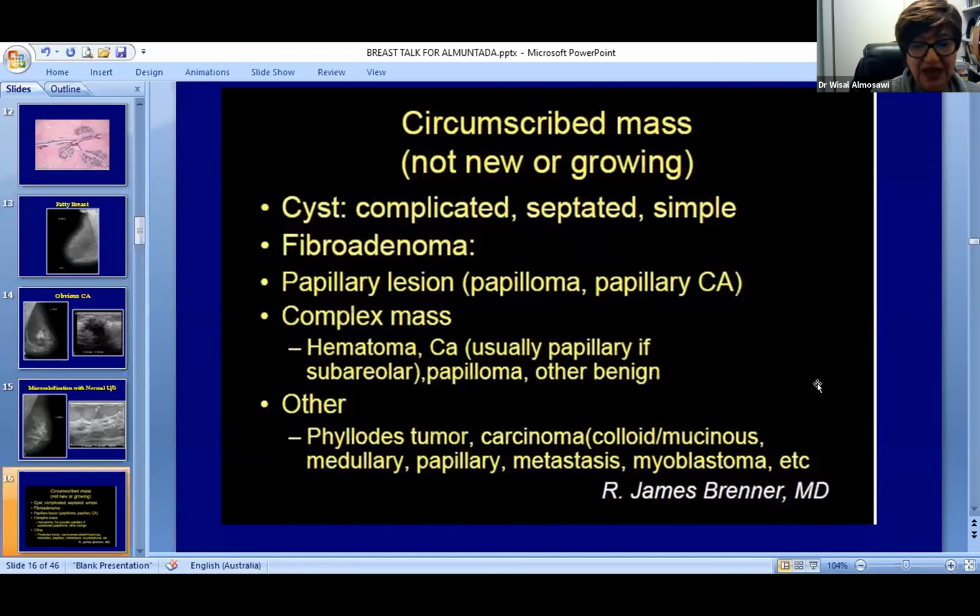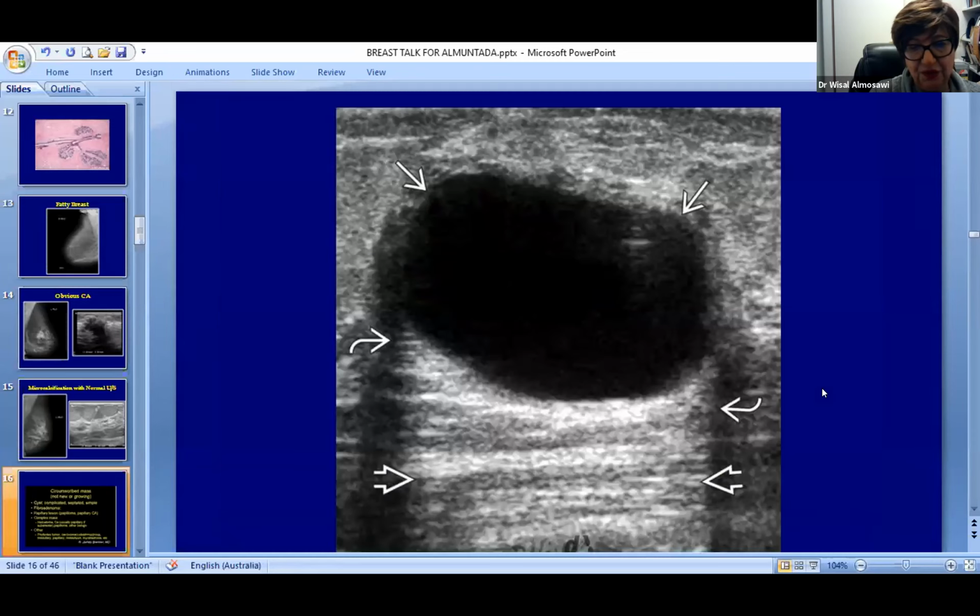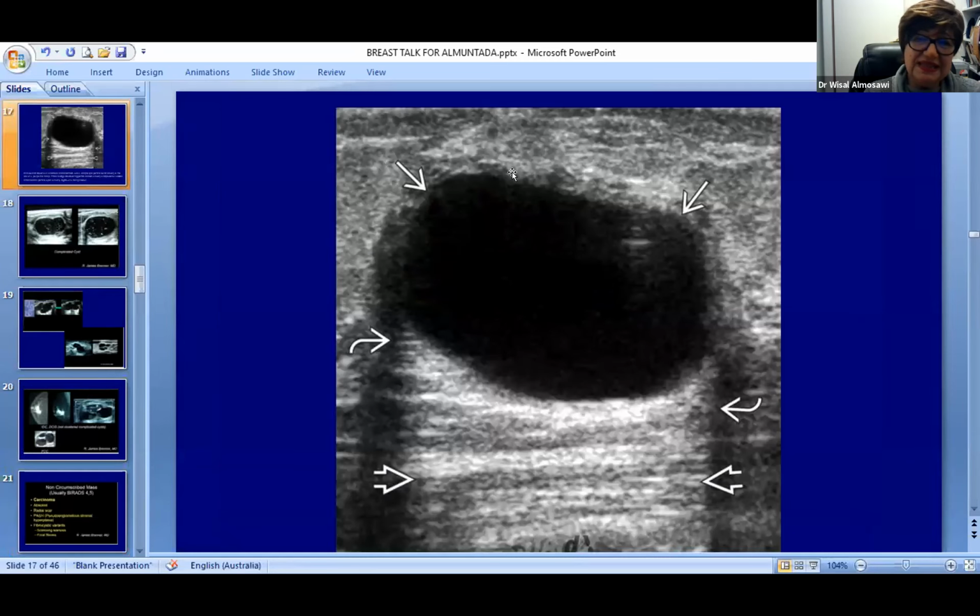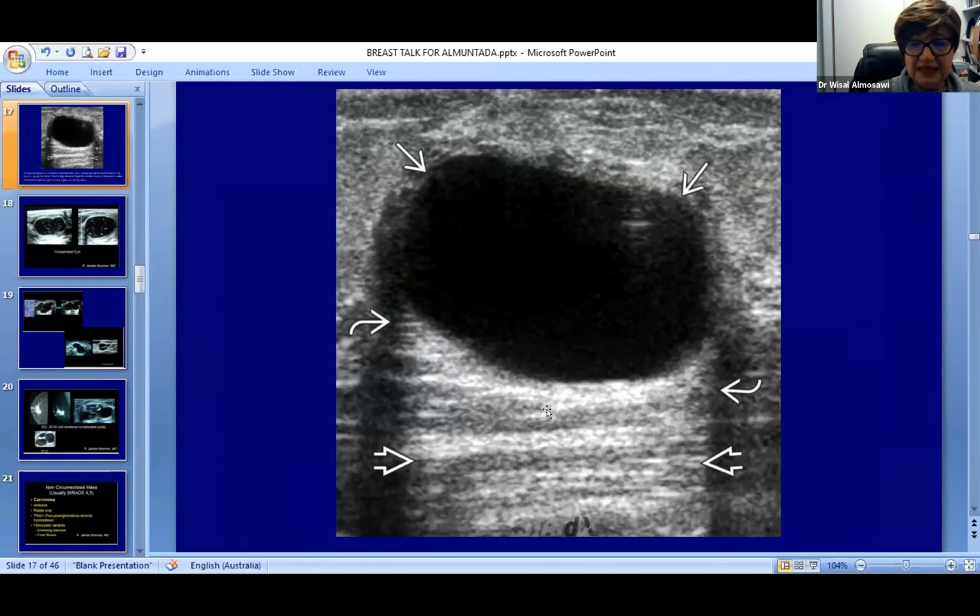So that's why we have to do the ultrasound to make sure, is it a cyst or is it a solid lesion? Is it a typical fibroadenoma, or if it's a phyllodes, then we need to decide on doing biopsy or not. So this is a simple cyst. It's a happy, well-defined one, all the margin. You have to look at the margin. So if 90% of the margin is well-defined and 10% is ill-defined, that is still something to worry about. Nice enhancement behind it. So with this, we usually leave it alone.